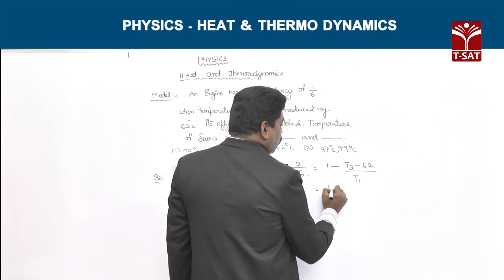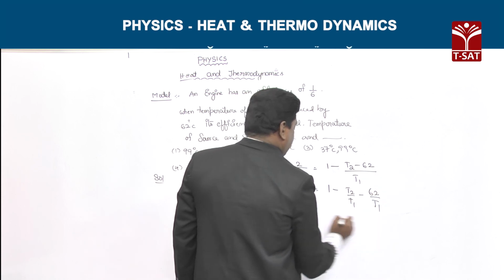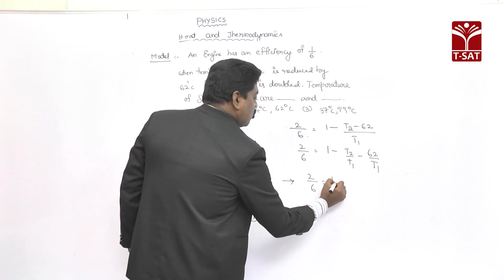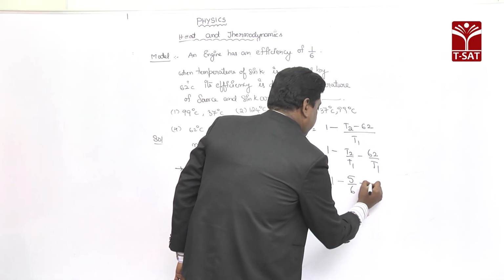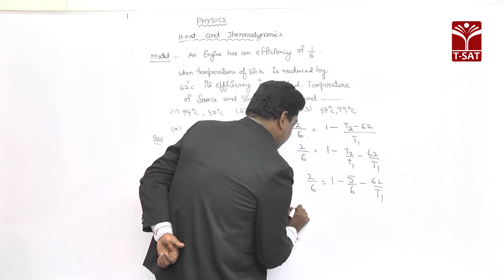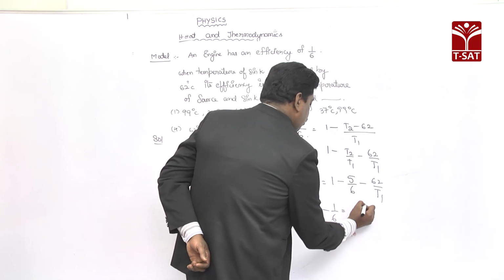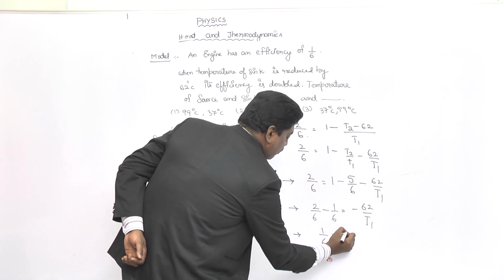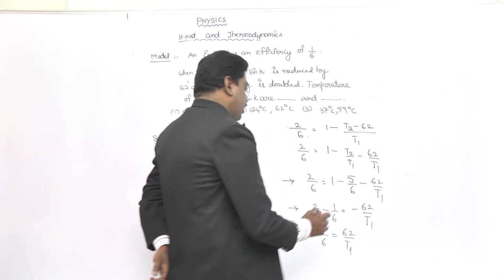So what we have is 1 minus T2 by T1 minus 62 by T1, which implies 2 by 6 equals 1 minus T2 by T1, which is 5 by 6, minus 62 by T1. So we have it as 1 by 6. So 2 by 6 minus 1 by 6 equals 62 by T1, from which we get 1 by 6 equals 62 by T1, and T1 equals